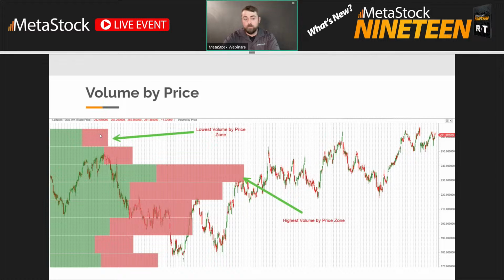Other things you can utilize it for is to know, okay, up here at the top, at this higher price point, this has the lowest total volume, but it's been mostly positive versus negative pressure. And you'll see at this price zone here, if we were to put a line all the way across the chart, it's also including this and this here. But this is where the most volume has happened, in this price range here.